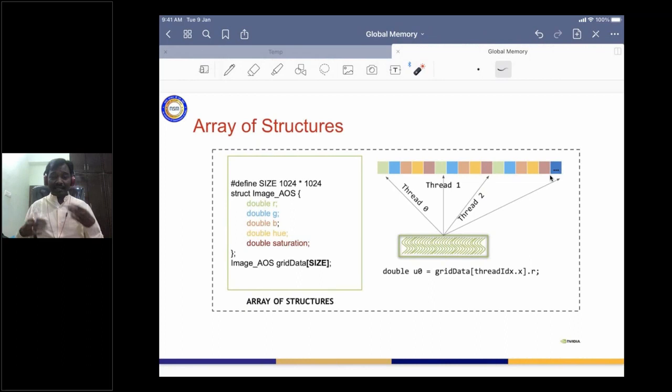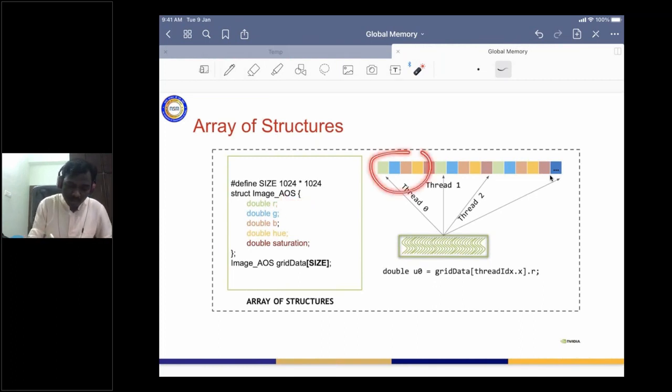As I mentioned in the very beginning of this class, the main intention is to understand the pattern of memory accesses. Thread 0 is going to read from here. Thread 1 is going to read from here. Thread 0 and thread 1, all of them want to read the same variable, of course from a different structure.